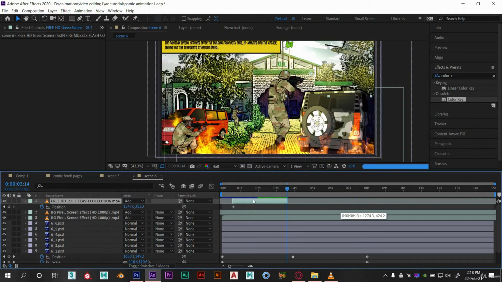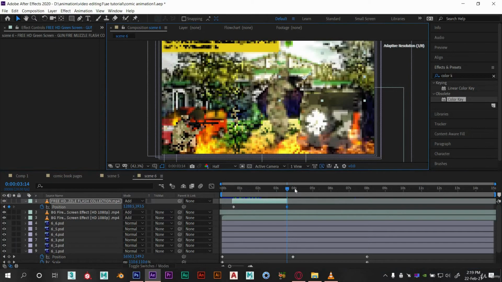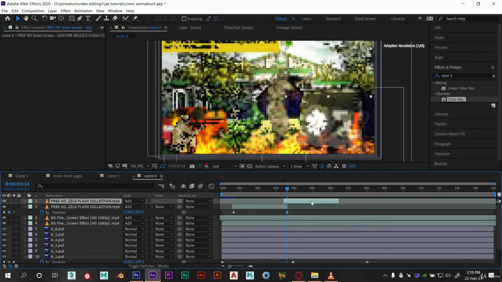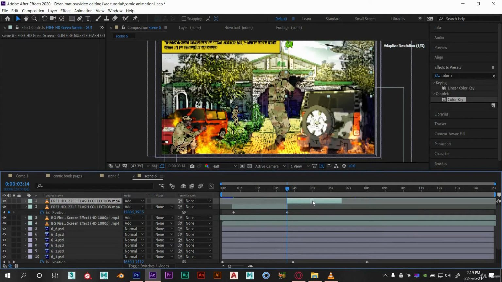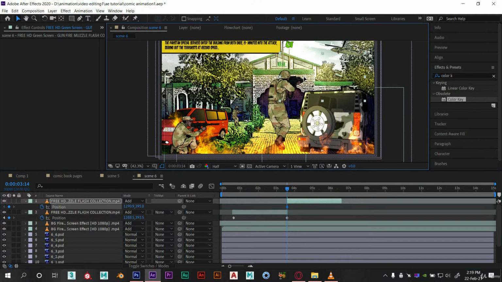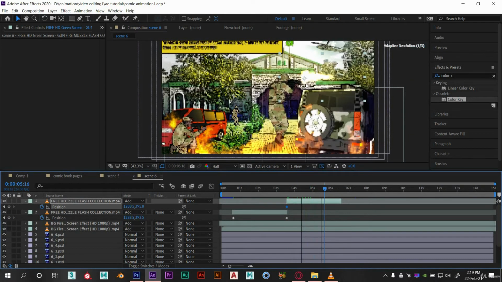We need to cut this from here, and now duplicate this layer and put it like this. Now select both layers and put them below the gun or this character layer.